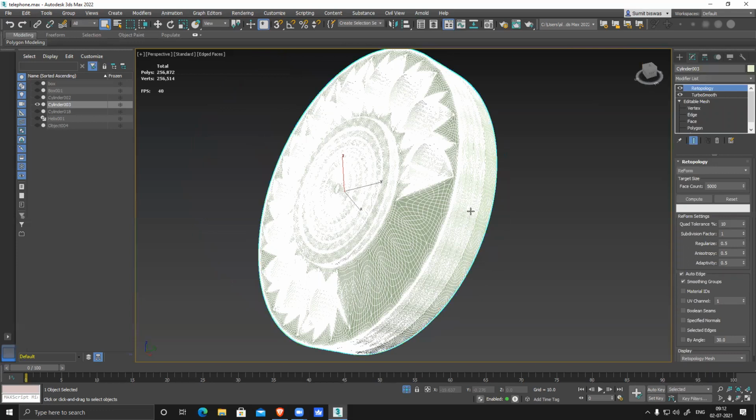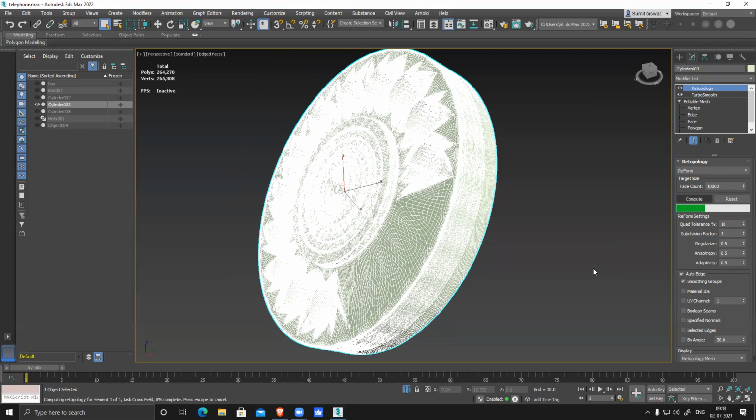But I want to convert this into quads. So how do I do it? I can select the amount of polygons I want on this model. So let's say 10,000, because it's 2 lakh something, and this is going to be the base for my low poly or high poly. So I can keep it a little bit polished or a little towards high poly, just to get the clean shape. So I can put the value and then start computing.